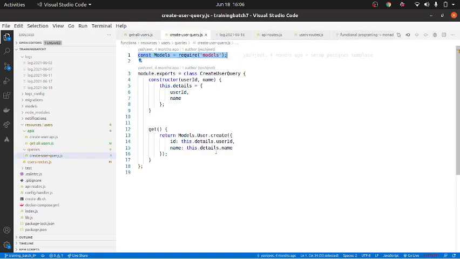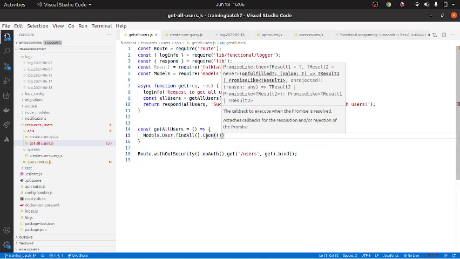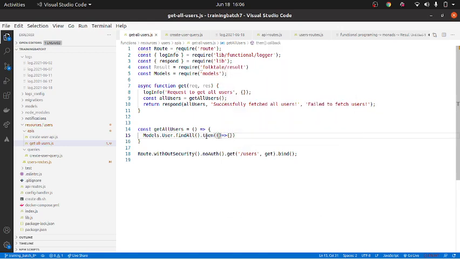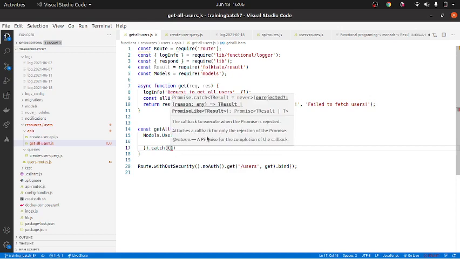Query model dot user dot find, correct? Find or find all? Find all. Dot then will give you the data, the users, and catch will give you the error.